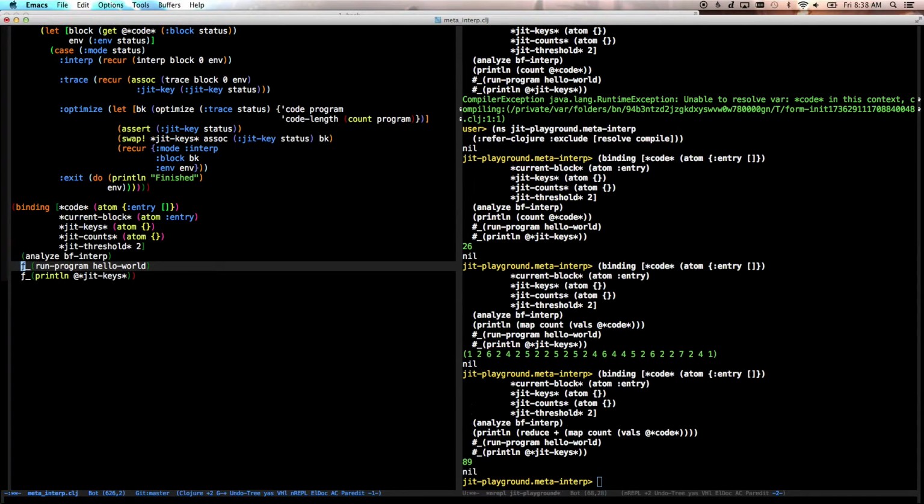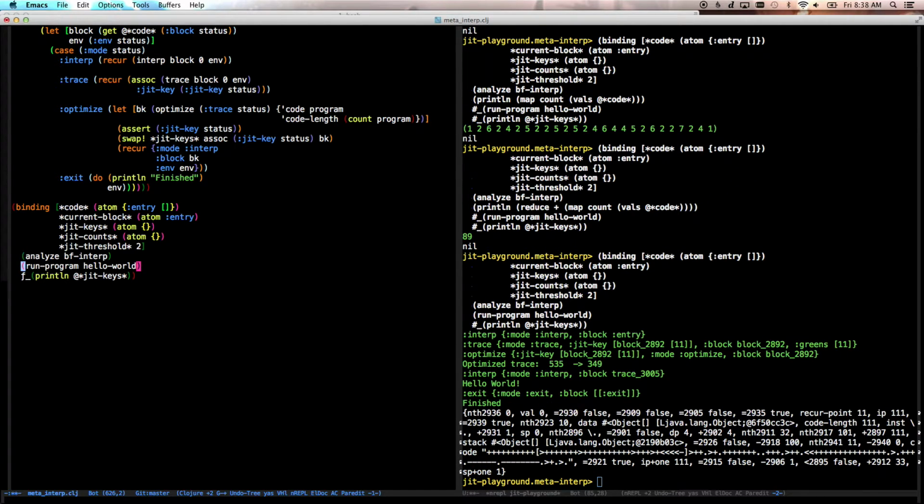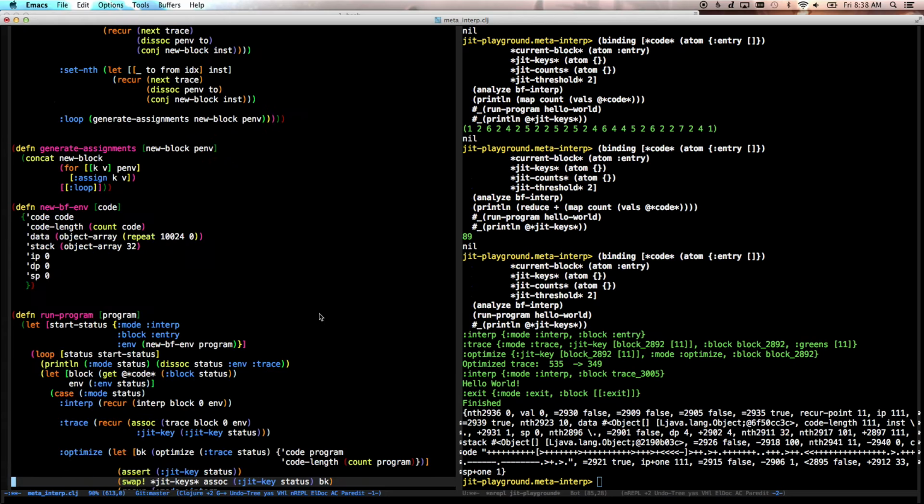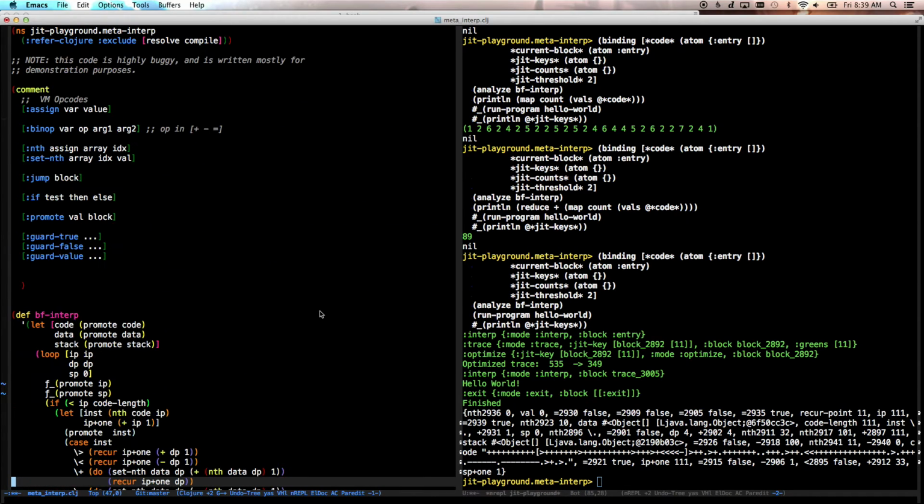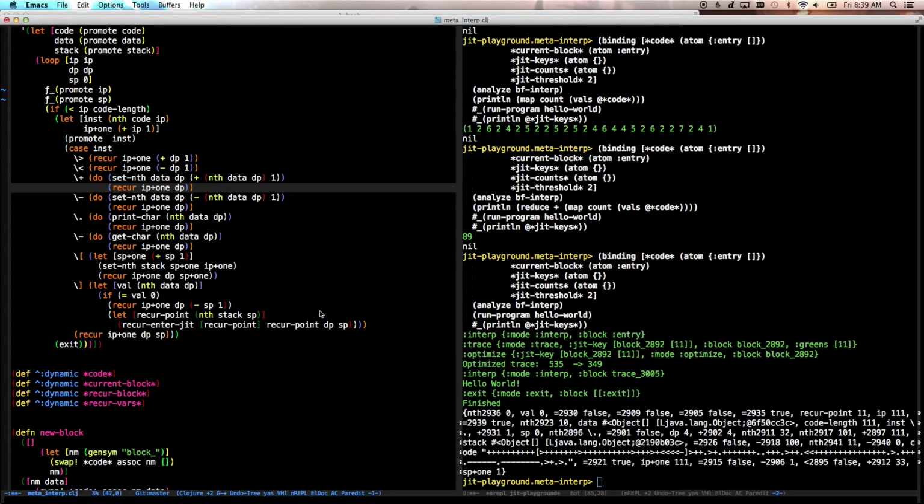So now, if we run program, we get this output here. Now, here's a problem. Remember before, we said that we would trace something until we've seen the same loop more than a certain number of times, and then we're going to compile a trace of that. If we were to simply, on each one of these recurs, say, have we recurred back up to this part of the loop more than 2 or 3 times, now let's compile a trace,